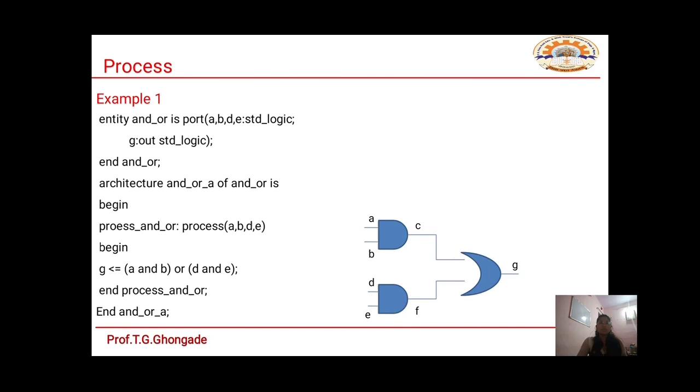and after that the OR operation between these two will be executed. So look at this logic circuit. First A and B, the output of A and B is C. So first this will be executed, then D and E. Now the output of that AND circuit is F. Then this will be executed and then the OR operation between C and F will be executed and the result is G. So this is the logic circuit diagram for this process, and that's the reason why I have not written C and F, because we are performing the OR operation directly on these two AND gates and we are getting the result G.